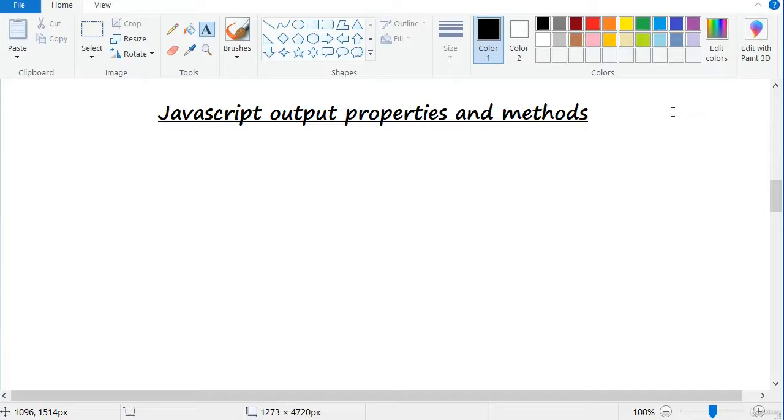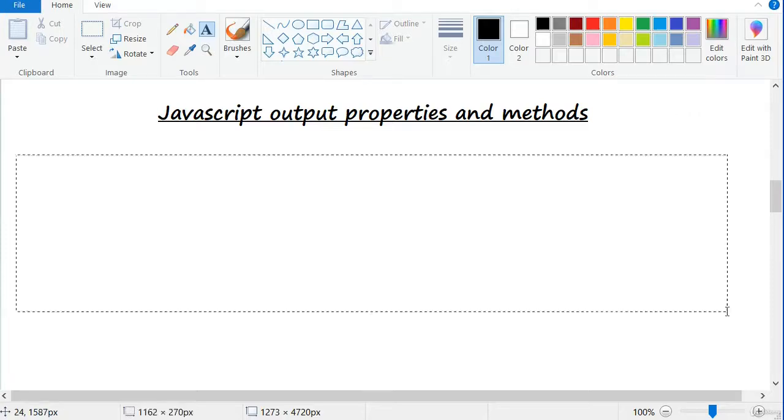Mainly, JavaScript is a client-side scripting language that handles the client-side interactions on the client browser. It provides some properties and methods that are used to render output onto the browser. In earlier video lectures, we saw output by using the alert box. Like alert box, we have confirm, document.write, innerHTML, innerText and console.log. All these we will use to render output onto the browser. We will make a note about this.